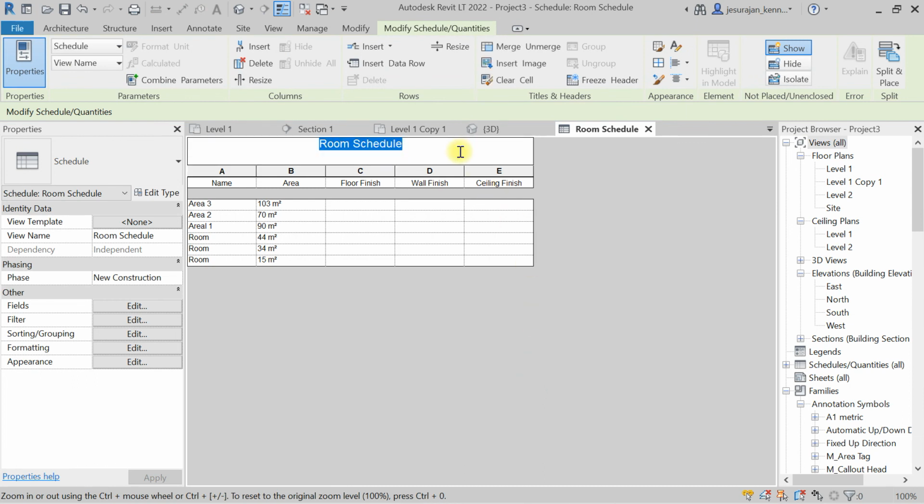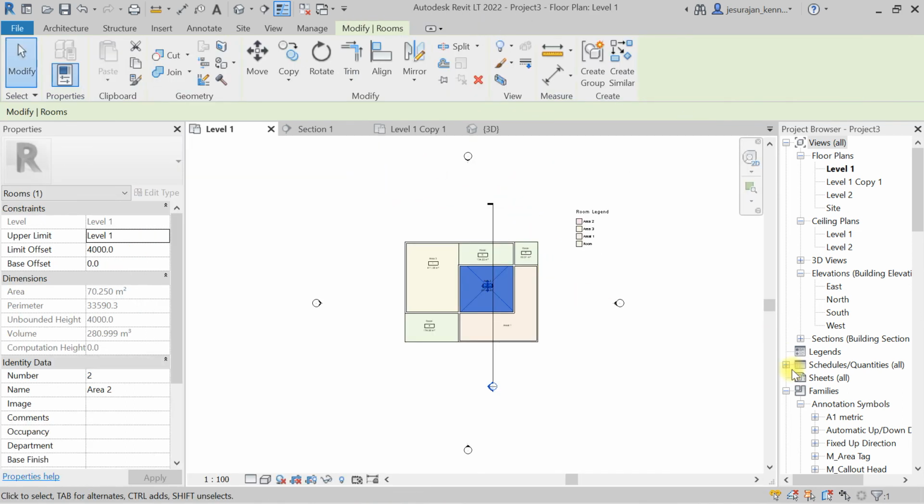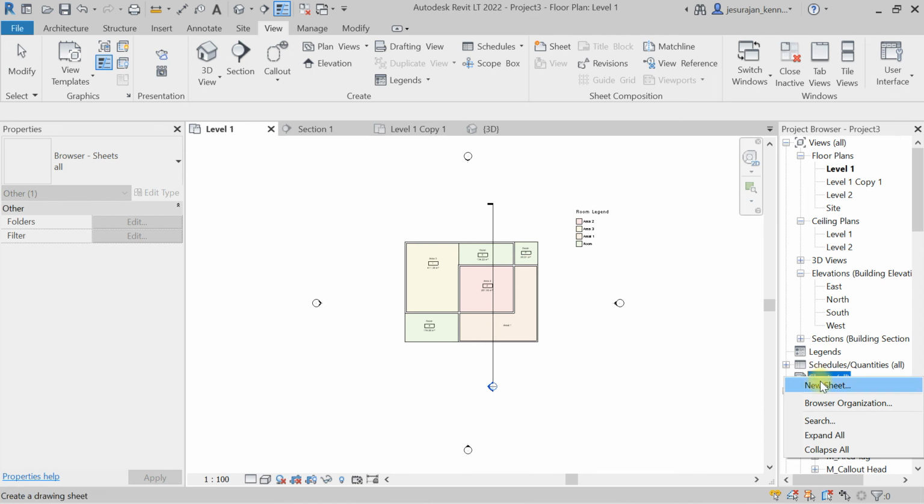So here I can say ground floor room details, and here I can type what the room area is and how much it is. Floor finish I can say tile finish. Wall finish, let's say whitewash. Ceiling finish, no ceiling. So this is how you can take a schedule, and when you are creating a sheet, I am just creating